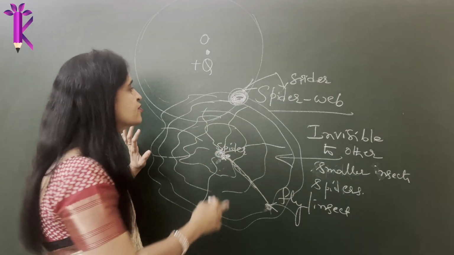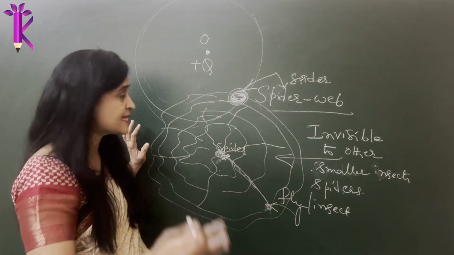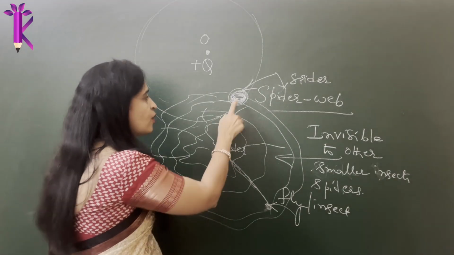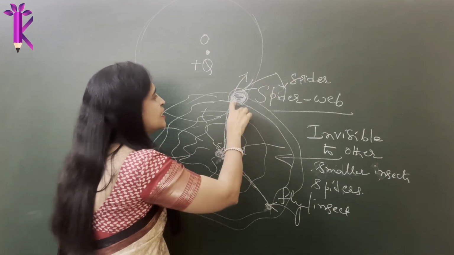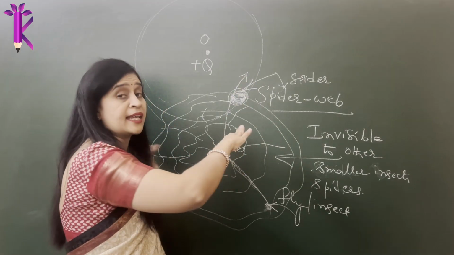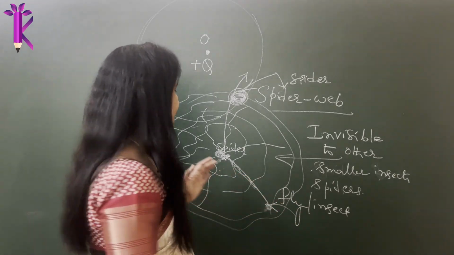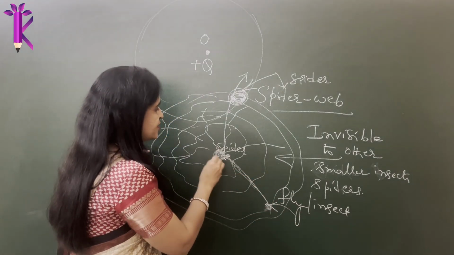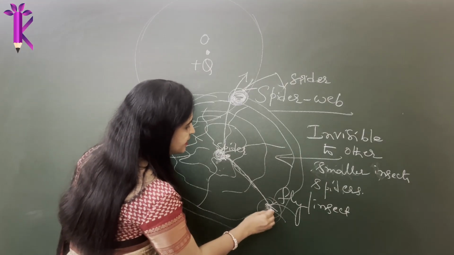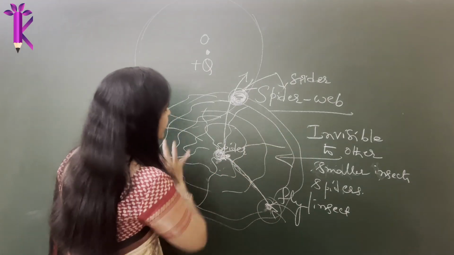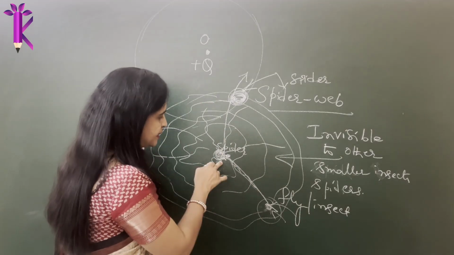Since they belong to the same category of insects, just like like charges, it knows that this can be a threat to it, so it starts repelling it. It starts pushing it with the help of the string in the opposite direction, right? So this is the source, the source which created everything. These are the ones which accidentally got caught in the area of influence, the web that was spun by the source.